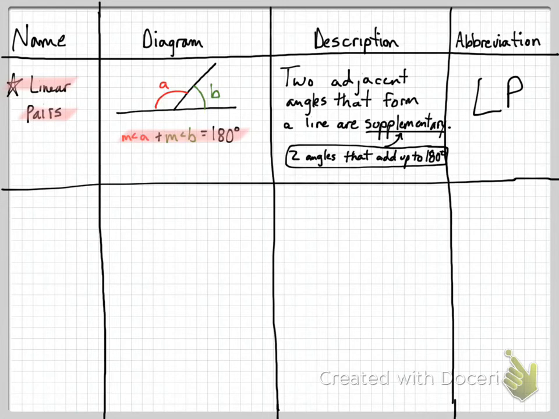But these show up quite a bit, and I can maybe show you guys a diagram to figure out why linear pairs show up so often. Vertical angles show up all the time, so do linear pairs. Because if I start taking, and again, this is a diagram you don't need to draw, I'm just going to draw it in the blank space down below. If I start drawing random lines,